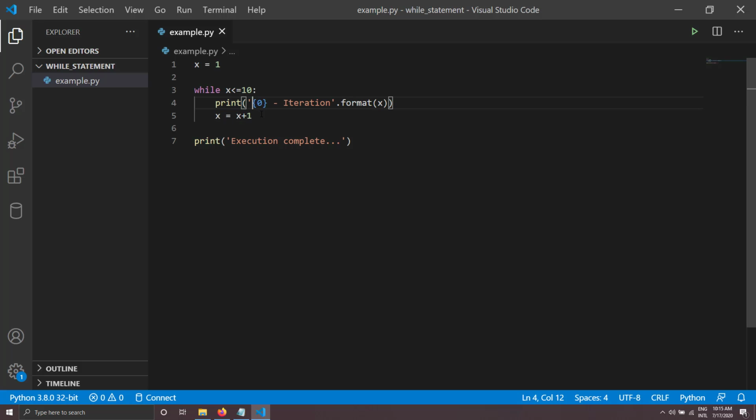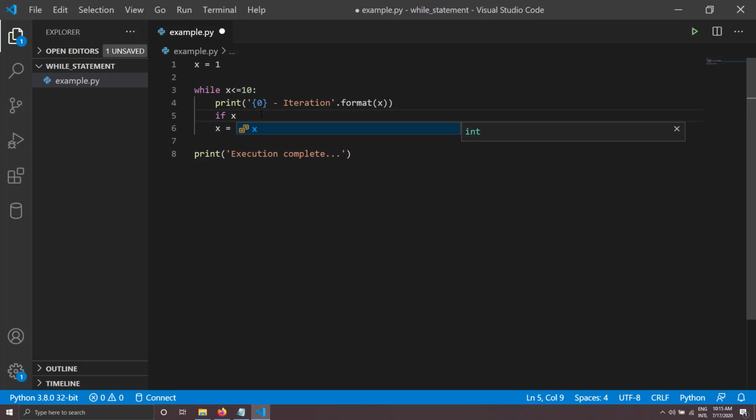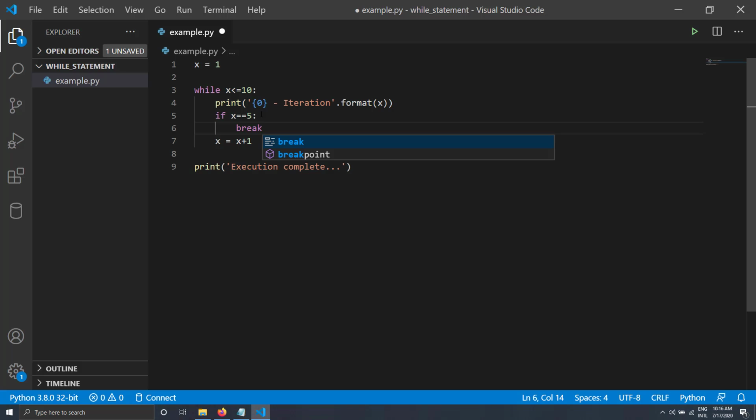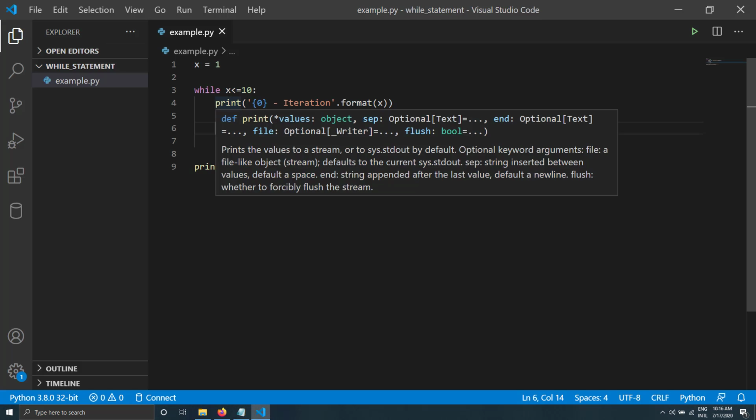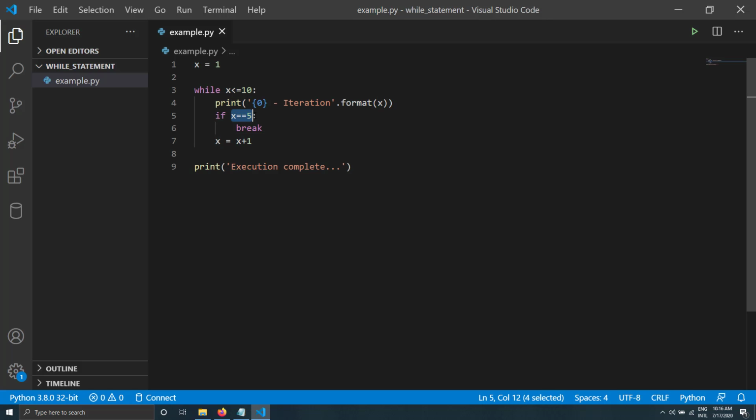I'll just write if x equal to 5, I'll write break. Now I'm saving it. Now what happens is when x equal to 5, this code will be broken out of the while loop. So let's run this.